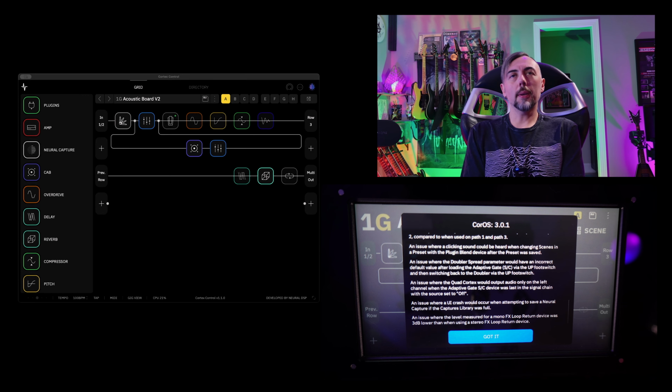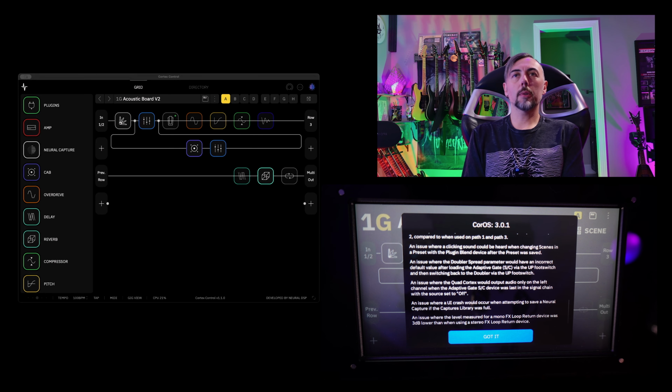All right, so we've got the update completed. The patch notes popped up right afterwards, which is great. So instead of just sitting here and trying to read through all of this for you, and to also give some folks some insight as to what's going on with this without having to do the update on your own,